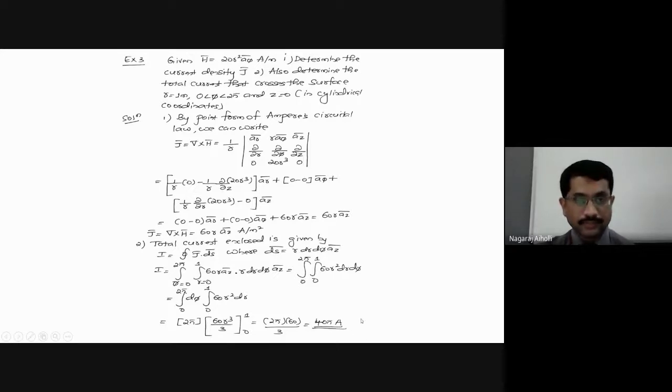Fine. Now this is how we are supposed to solve this particular example. Such examples may be asked in the examination for about 5 or 6 marks. Note down the steps here, students. Note down the steps.